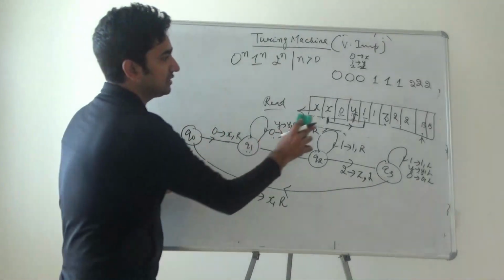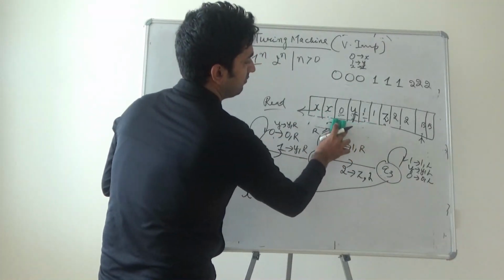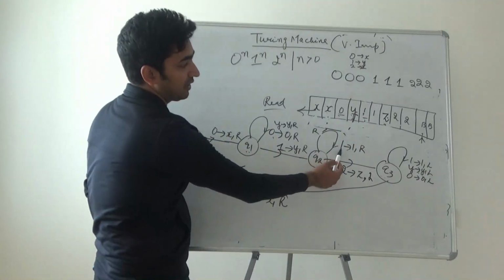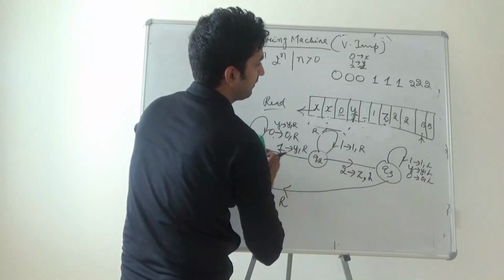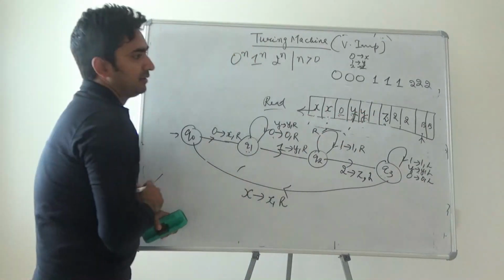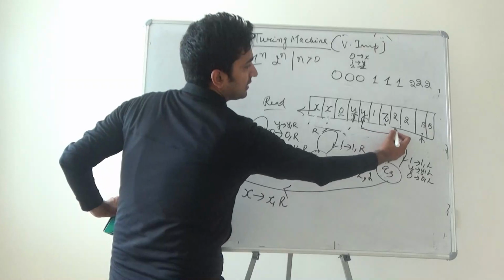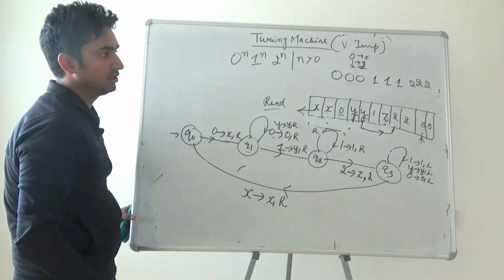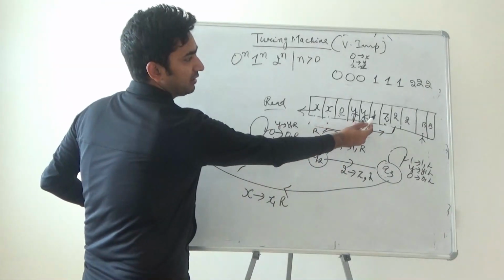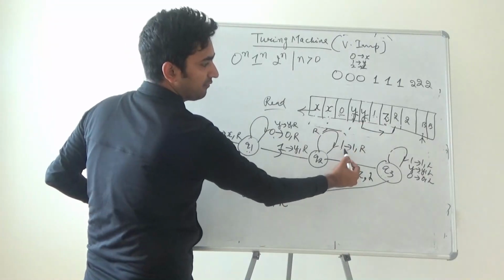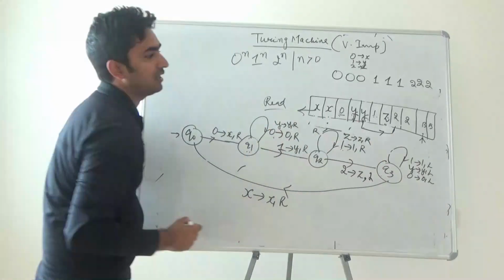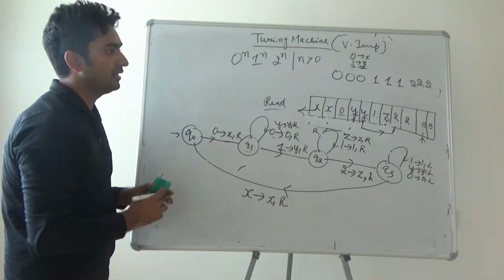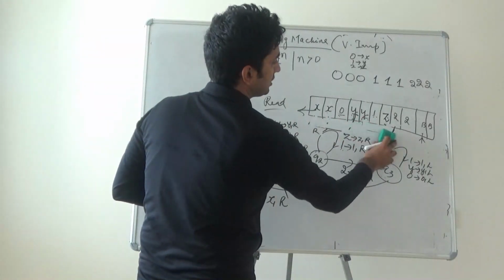Right? So you have reached this 1. The moment 1 is reached, you are converting it to y, and the target is to reach this 2. So what are the things you are encountering in between? 1, we are writing 1 1 R, but you are also writing z z R, right? So you have reached this 2.